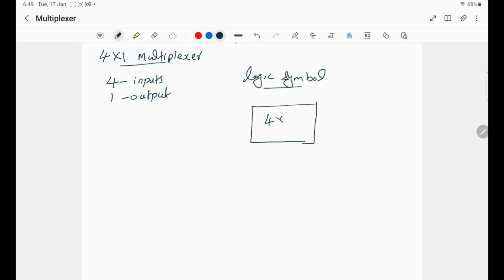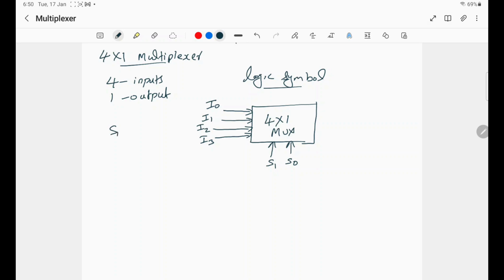So this is a 4 by 1 mux. Therefore we have 4 inputs I0, I1, I2 and I3. So these are the 4 inputs. In order to select 4 inputs, we need 2 select lines. Let it be S1 and S0,